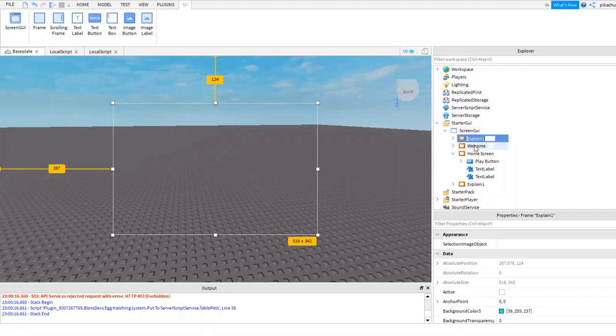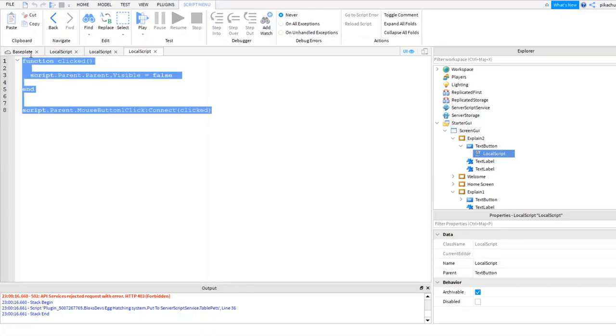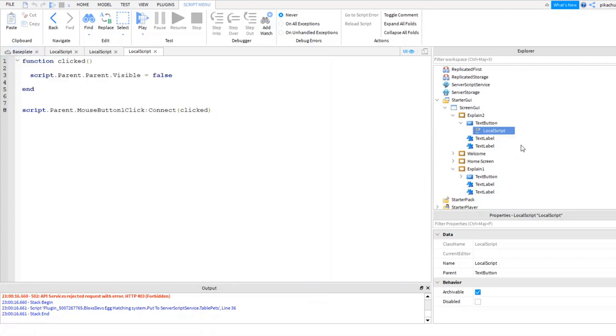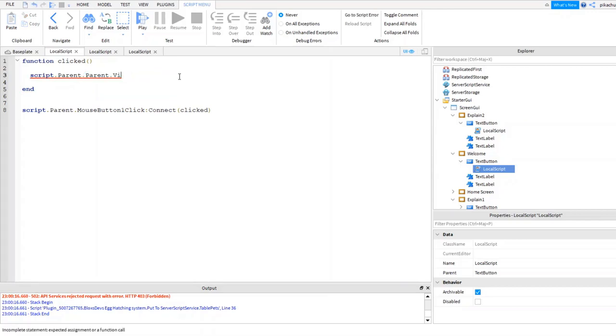So that's why I'm naming it like this, and making another one to explain two. We're going to change the scripts into those, which are a bit more complicated and a bit longer, though it's still just basics. You can structure those scripts much better, though I'm just making them like this. I guess it's the fastest way, though I don't recommend it. You can do it like this, or you can make variables for everything, which makes it faster.